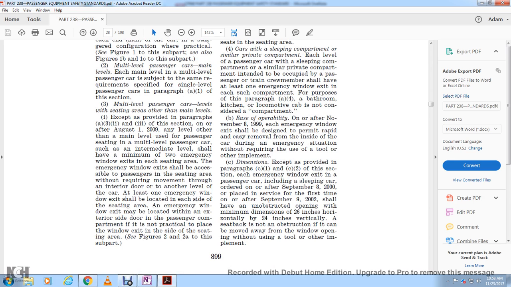Easy operability. On and after November 8, 1999, each emergency window exit shall be designated with a permanent label, and shall be capable of rapid and easy removal from the inside during an emergency situation without requiring the use of a tool or other implement. C. Dimensions. Except as provided in paragraphs C1 and C2 of this section, each emergency window exit, including the sleeping car, ordered on or after September 8, 2000, or placed in service for the first time